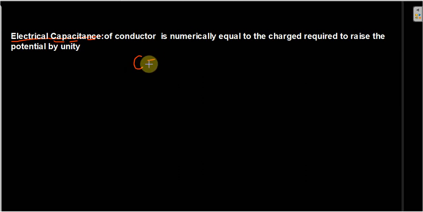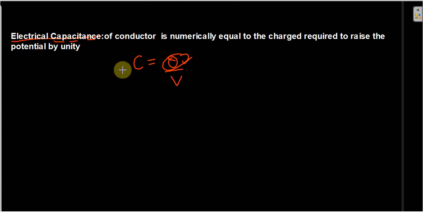Let us understand this with the help of the formula. In this case, C is equal to Q by V, where C is the electrical capacitance, Q is the charge on the capacitor plate, and V is the potential across the capacitor plate. So what is electrical capacitance according to the definition? The amount of charge which we give to the capacitor so that its potential is raised to 1